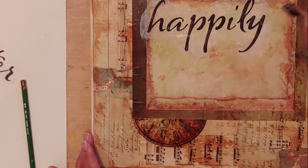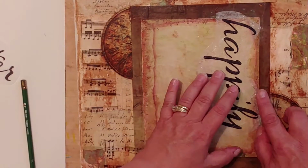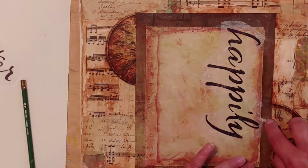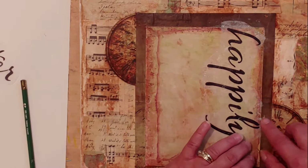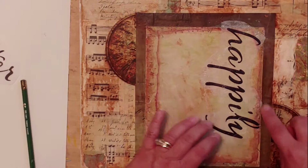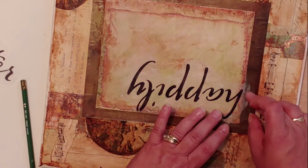I didn't really like the tissue paper that was overlapping onto the brown frame. So here I'm taking my finger and gently pulling that away without tearing anything away from the letters. I came pretty close there, so I was working very carefully on that. This side didn't work quite as well,